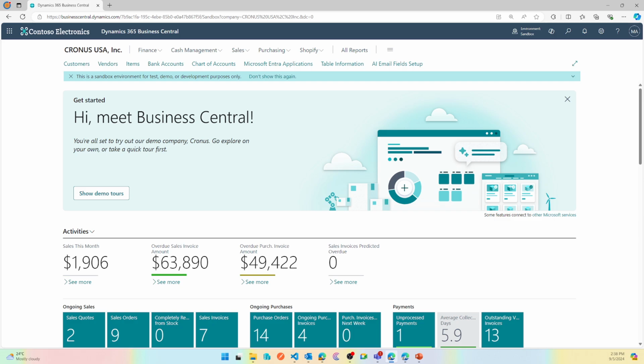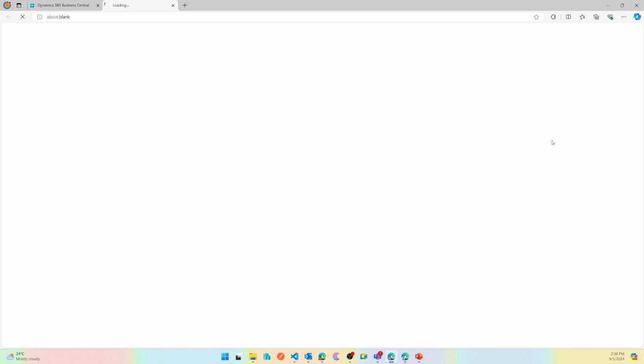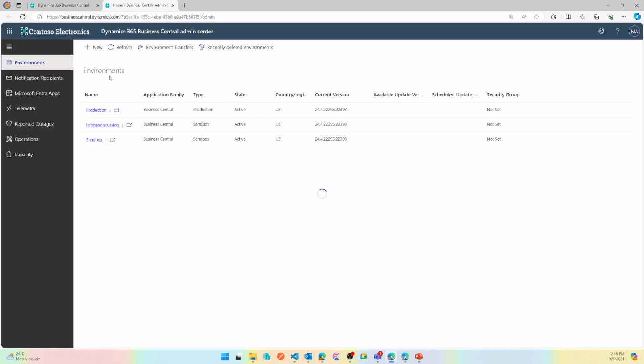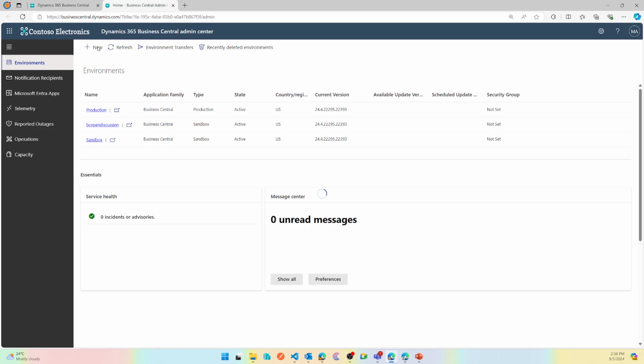So this has been happening for a while, where Microsoft releases a public preview version of the product so that we can start testing out things that we are doing for our customers, and we are ready for the release as it comes into the market. So as expected, the release will be out early next month. And what you can do today, if you are on Business Central SaaS, is go to your admin center and create a new environment if you have available space in your environment quota by clicking on new here,